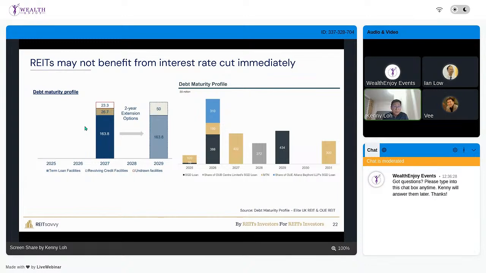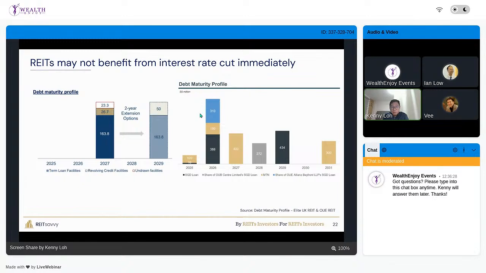You can see from here that there is no debt to be refinanced in 2025 and 2026. What does it mean? It means that whatever changes in the interest rate in the market will not have any impact on this REIT, because they do not need to refinance and they don't even have the opportunity to refinance at a lower rate. But if you look at the OUE REIT debt maturity profile, there's a big bulk